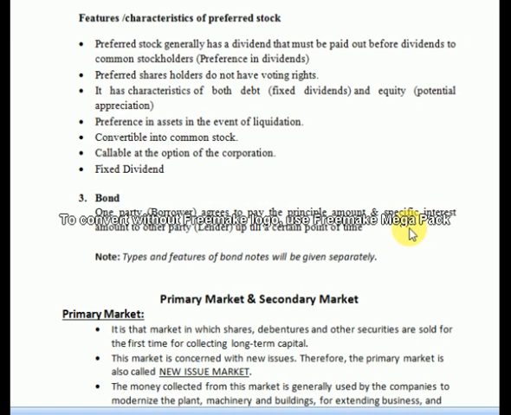For example, preferred stock is like a bond in that it typically has a fixed percentage dividend. As we discussed, the dividend on a preferred stock, unlike the common stock, is fixed, and it is similar to common stock in that the preferred holders cannot receive a dividend unless it is earned and declared by the corporation.